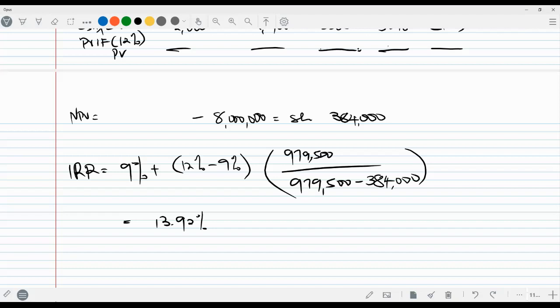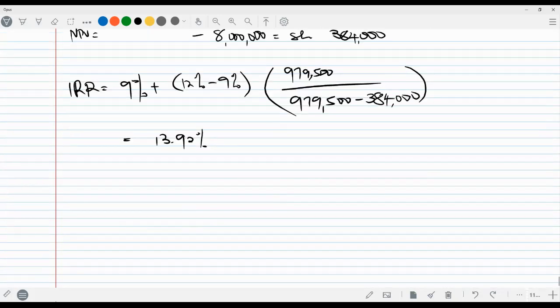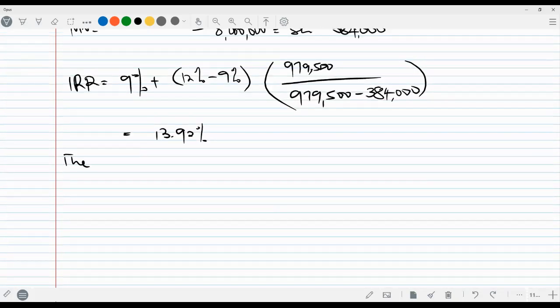Of course, for us to make a decision as to whether we should invest or not invest in the project, we compare with the cost of capital, which we got as 9%, 9.2%. You can see therefore the IRR is greater than the cost of capital. Therefore, invest in the project. Advise the company that it should invest in the project or in the machine